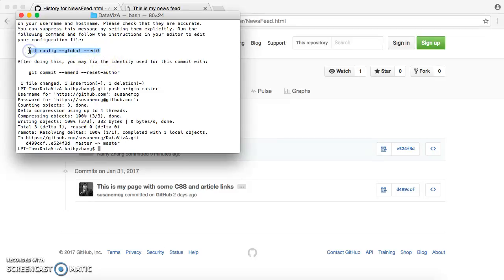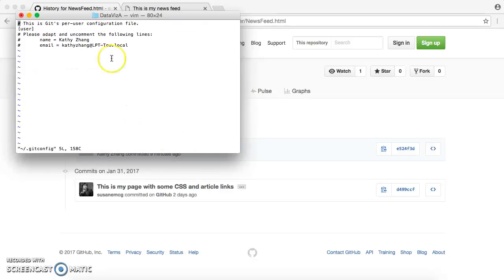But something that you all will want to do, when you are configuring GitHub on your lab machine, or certainly on your personal machine, is configure the GitHub user. It gave me this message that said, here's how you can assign the identity. So instead of coming from Kathy Zhang, I can have it come from me. I'm probably going to set this to Tau Center. This is actually a Tau Center computer I happen to be on. So I'm going to say the name is,